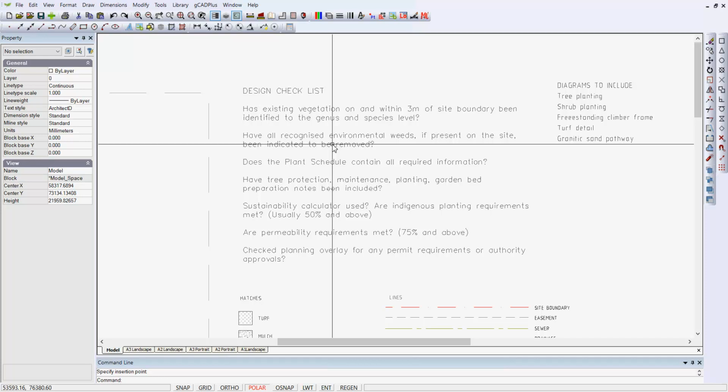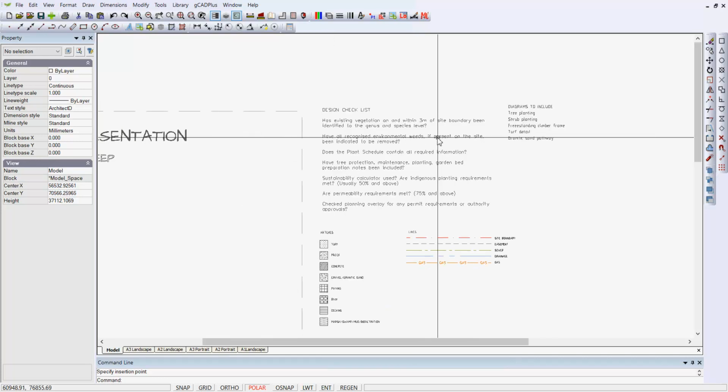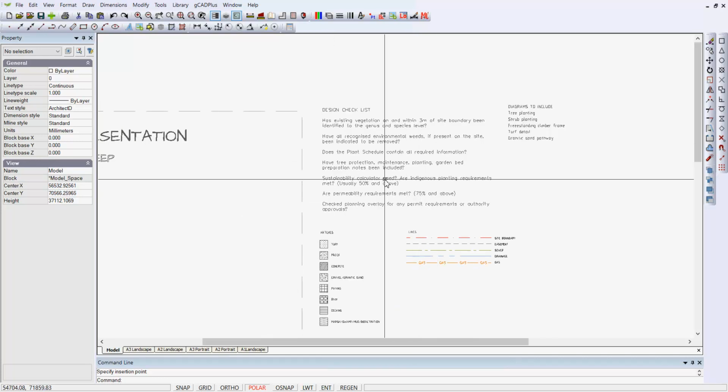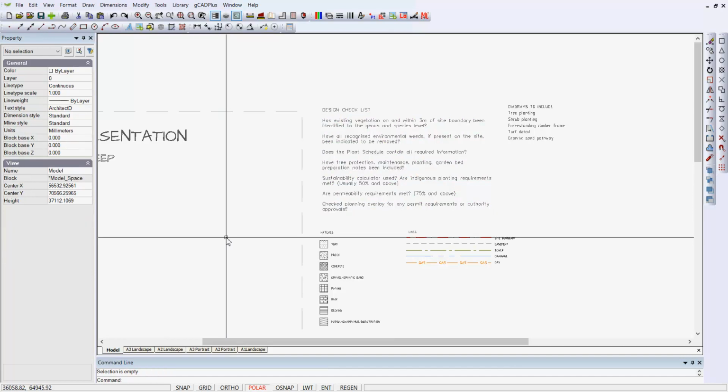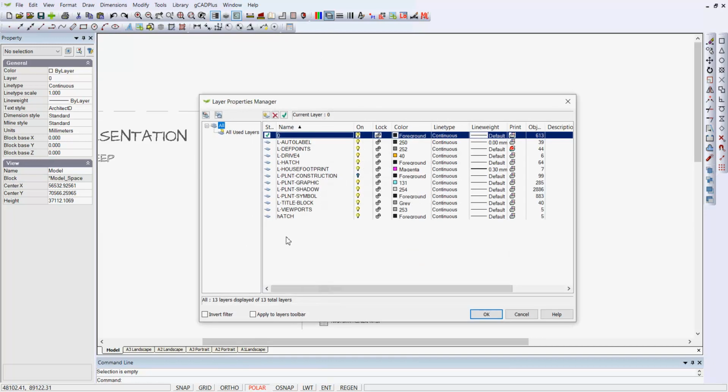Does the plant schedule contain all the required information, have tree protection, maintenance, and so on? All of these questions can stimulate an improvement in the actual design. If I select, for example, this piece of text, notice that it's on a layer called L def points, and if we go to our layers, quite a lot of layers in the drawing, one called plant construction is turned